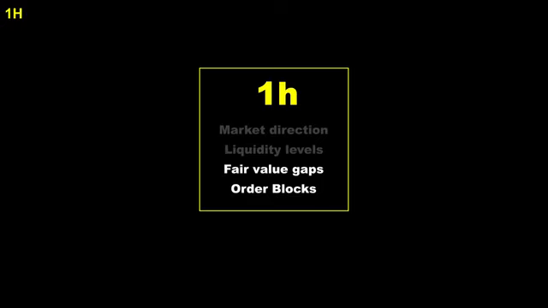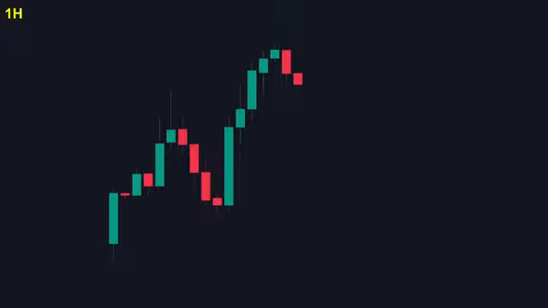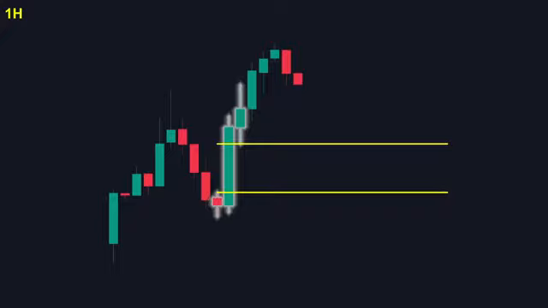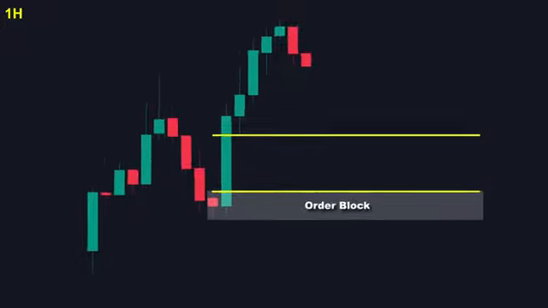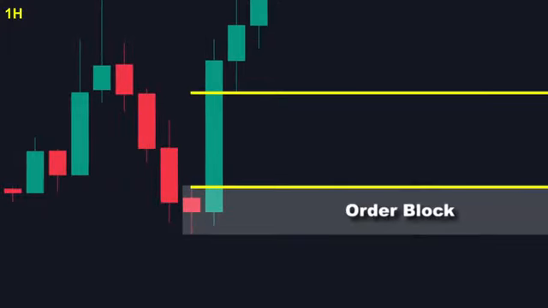The final step in our 1-hour analysis is to identify fair value gaps and order blocks, which become our primary trading zones where the magic happens. As we said, a fair value gap refers to that specific space between the wicks of 3 consecutive candles on a price chart. Additionally, we treat the candle that created this gap as an order block because this is precisely where those crucial institutional decisions were made. This pattern indicates a buy-side imbalance where buying pressure significantly outweighs selling pressure, often due to massive institutional activity that moved the market with force.